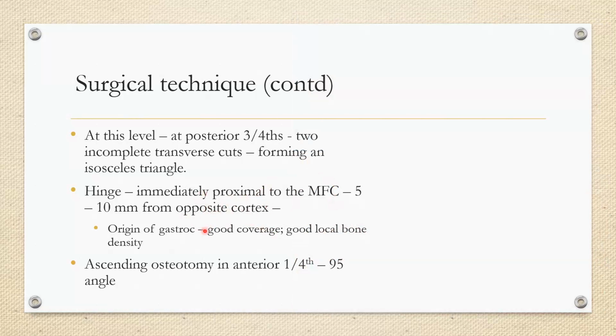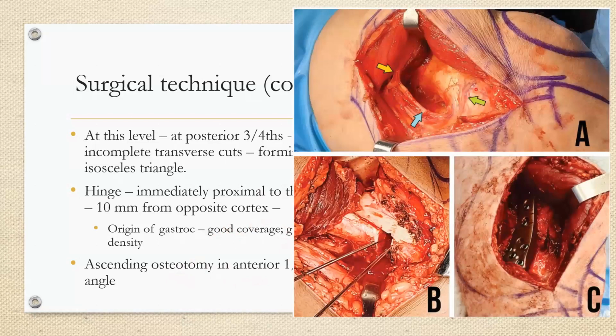This region is most ideal for the hinge since it corresponds to the origin of the medial gastroc, hence has adequate soft tissue cover on the medial side. It also has good, strong local bone at this site, so it is the most ideal site for the hinge with respect to distal femur osteotomy. Following this step, an ascending osteotomy is done in the anterior 1/4 at a 95-degree angle to the transverse cuts. So as you can see, these are the transverse vessels that can be used as